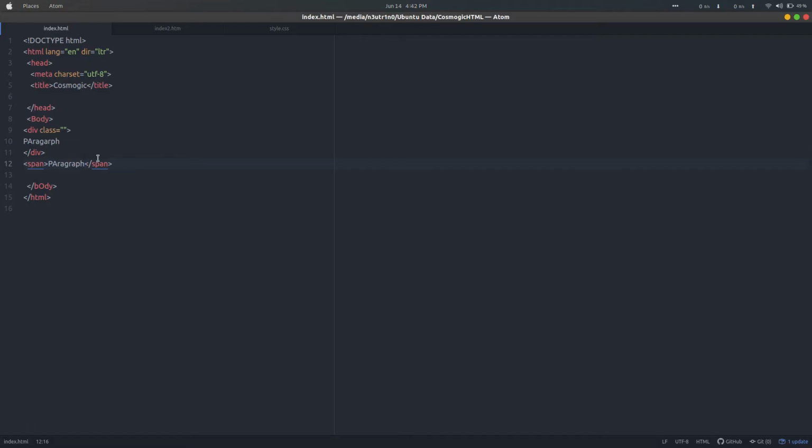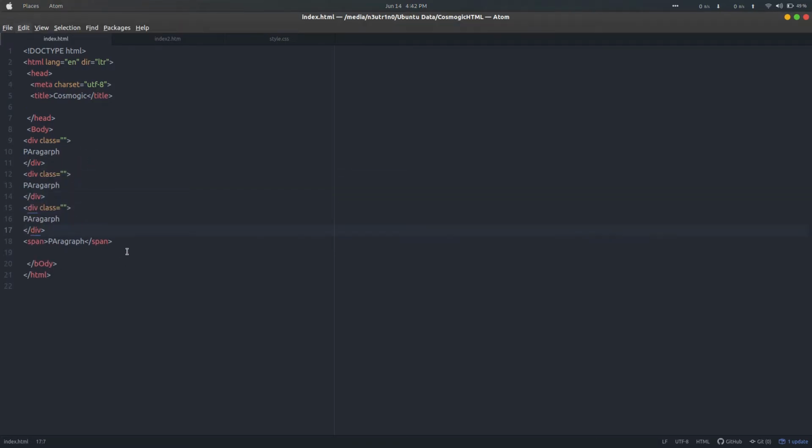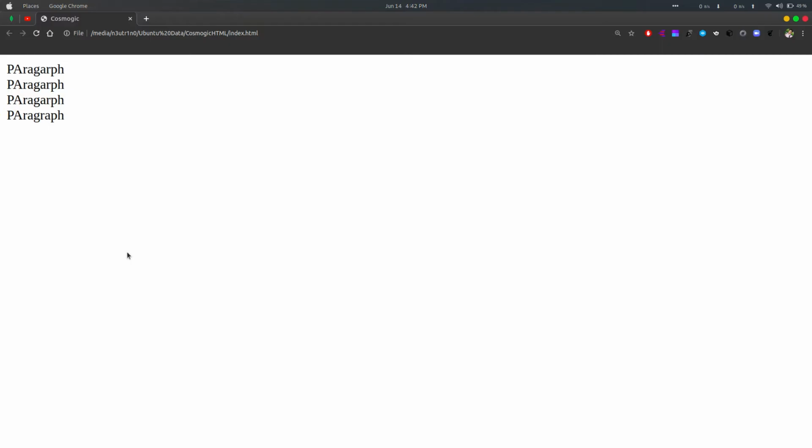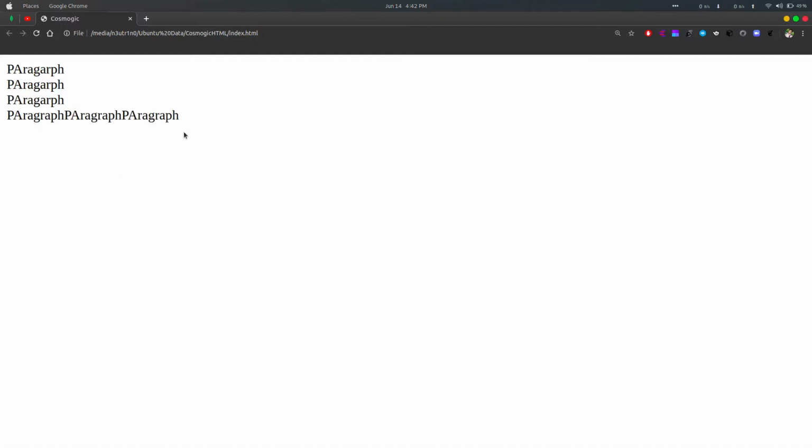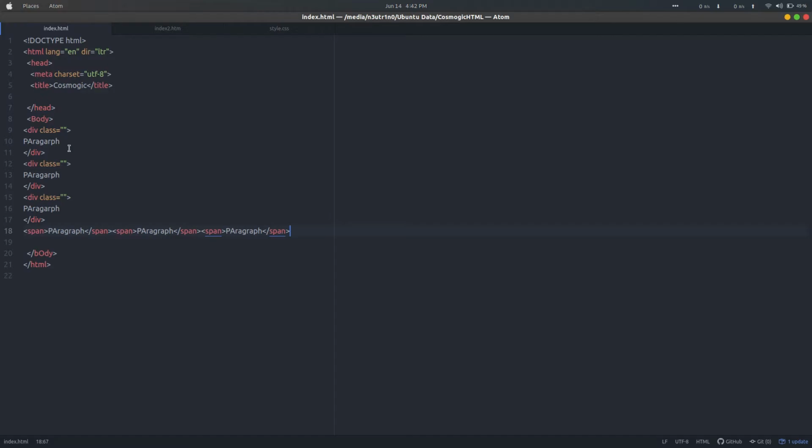Whatever is written in the division goes to the next line. If I write division again, it will be from the next line, again division, it will be from the next line. But in the span, if I write span, you can see it is in the same line.